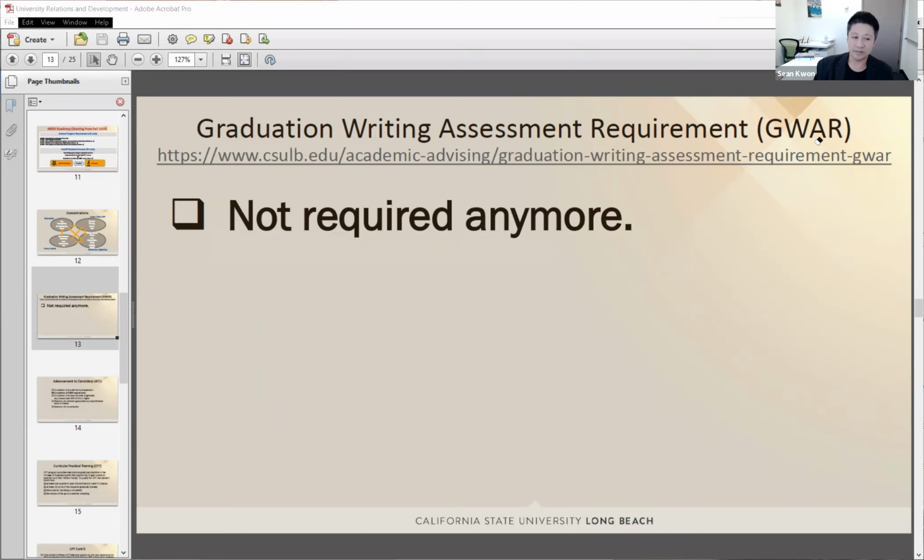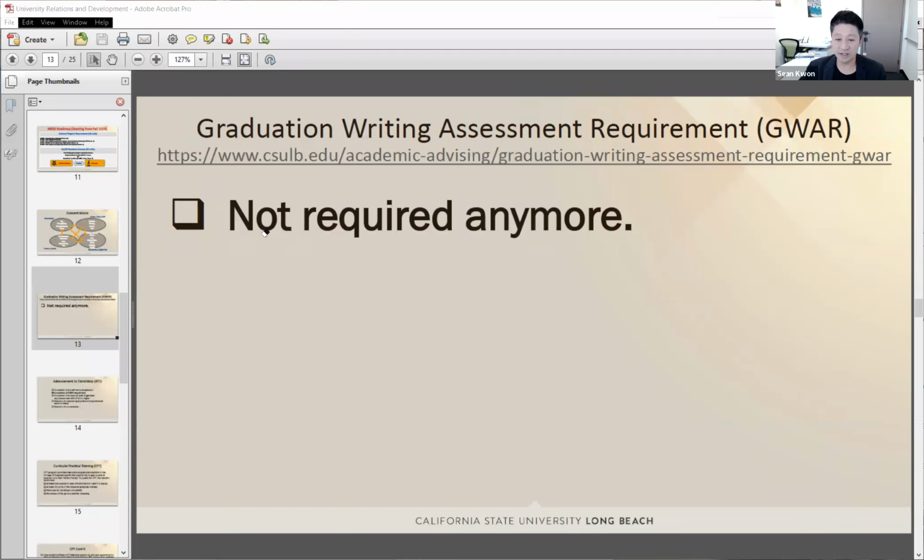However, in this summer, I have just received the announcement that GWAR, graduation writing assessment requirement, is exempt, removed. So it is not required anymore.